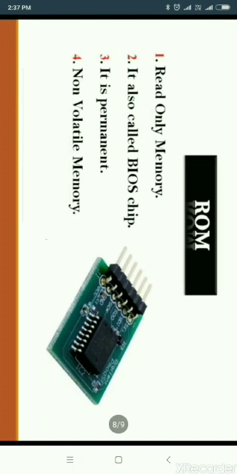ROM is also a type of primary memory. ROM stands for read-only memory. It is also called BIOS chip. ROM is the computer memory on which data has been pre-recorded. Once data has been written onto a ROM chip, it cannot be modified and can only be read. It means read-only memory contains permanently stored data that a processor can read but cannot modify. RAM is volatile memory, but ROM is non-volatile in nature. Its data remains as it is even when the power is switched off.